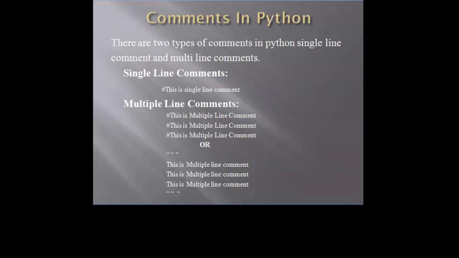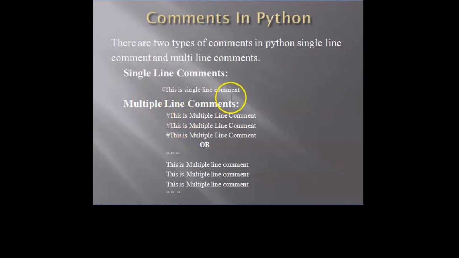So to make it easy to read, we write a comment for that code, which gives a vision of why we are writing this piece of code and what it means, just to ease the complication of reading. Okay, so there are two types of comments in Python. One is a single line comment, another is a multiple line comment. If a comment is of one line, this is single line. If comments are of two, three or more lines, it is known as multiple lines.